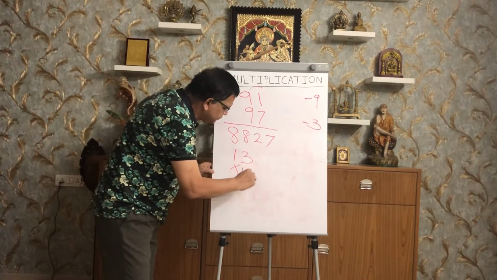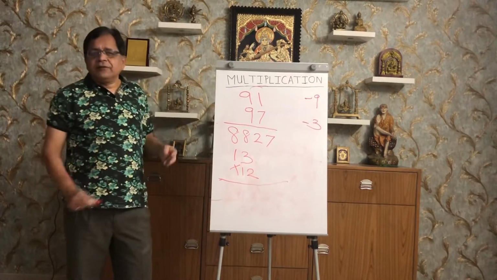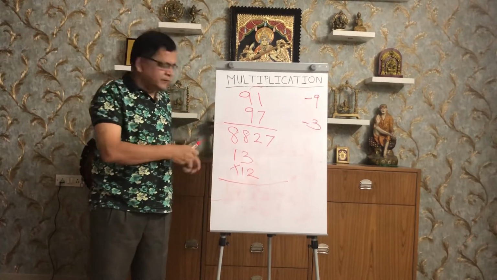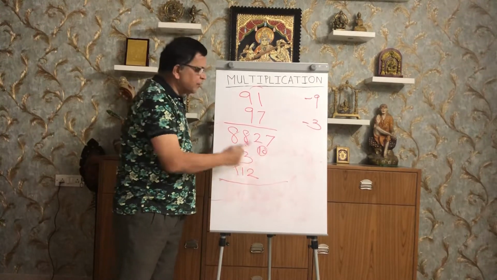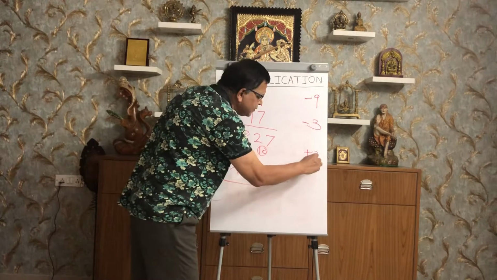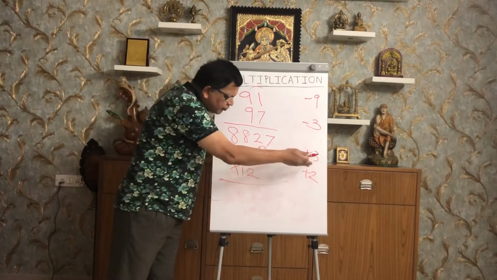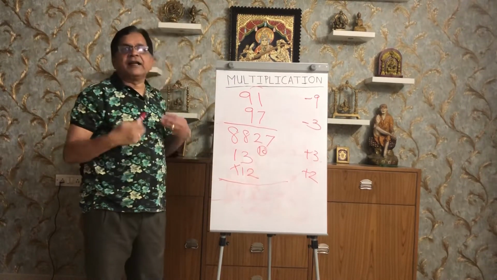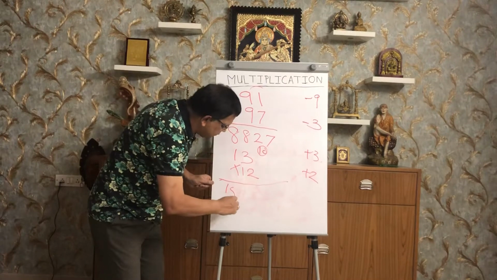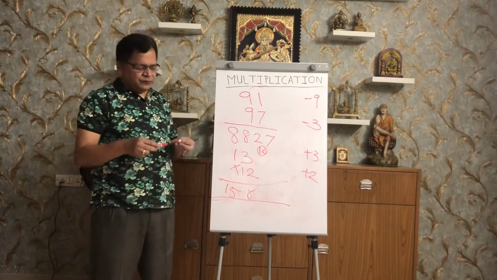Now, the next and the last number which I am going to teach is 13 times 12. If you look at it, here the closest base is 10. So I am going to take 10. So it is 10 plus 3 and 10 plus 2. Here it is plus 3 and plus 2. Now if I do the cross addition, either way, 13 plus 2 or 12 plus 3, I get 15. And 3 into 2 is 6. So 156 is the answer.